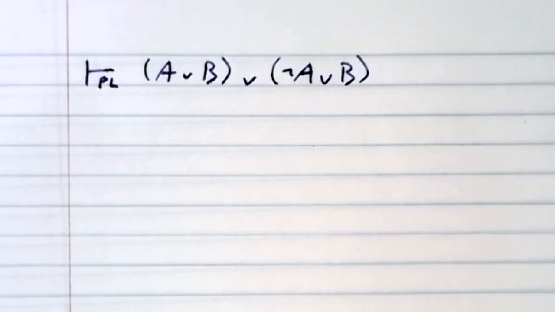Where we just talked about the law of the excluded middle. Now, the law of the excluded middle is what's called an axiom in the logic. An axiom is a tautology, but it's actually different from a theorem. Or rather, you could say it's a theorem, but it's a special kind of theorem. An axiom is a fundamental assumption of the logic itself that is actually definitive of the logic.